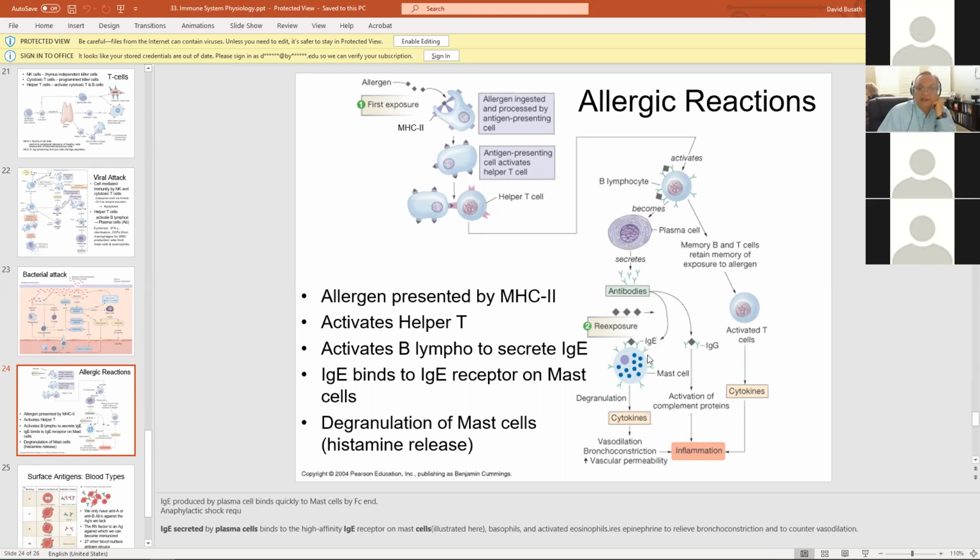IgE is then picked up by the mast cells via its Fc